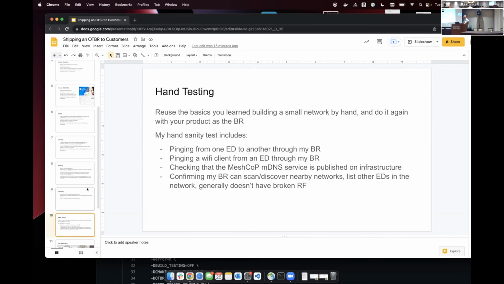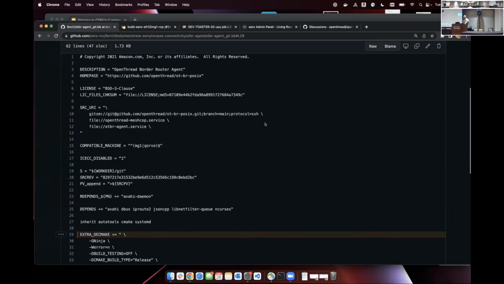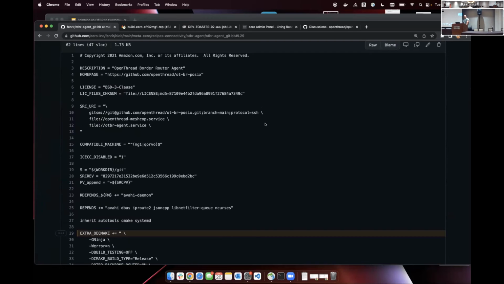I'm going to stop there for a second and switch tabs. We were in a board meeting yesterday, I think, and I think people thought that I was joking when I said that once a feature is in OpenThread, I can get it to our field in 6 to 8 weeks, I think was what I quoted. And our philosophy has been to stick as close to upstream as possible,